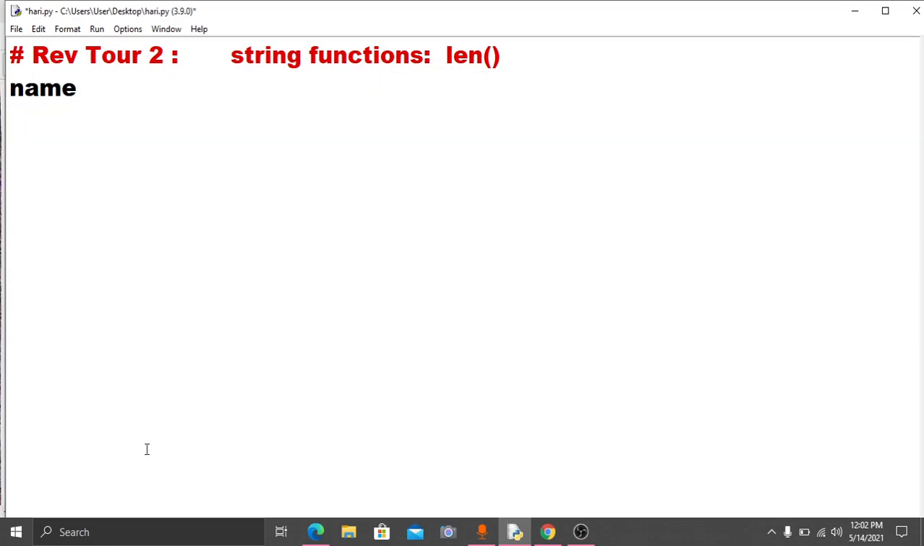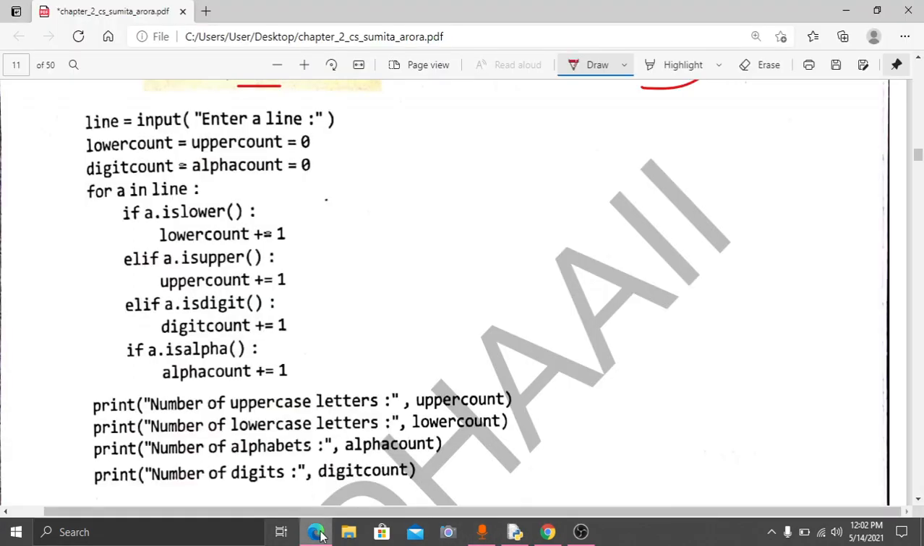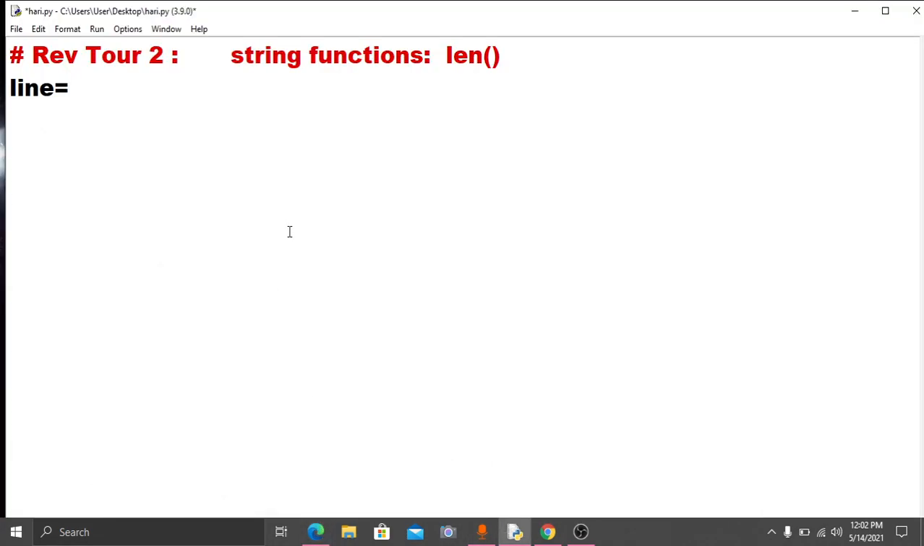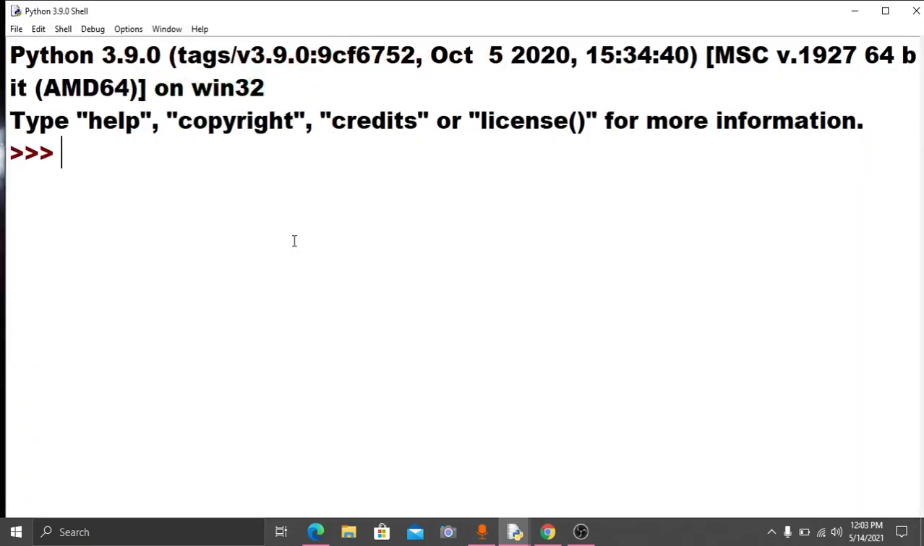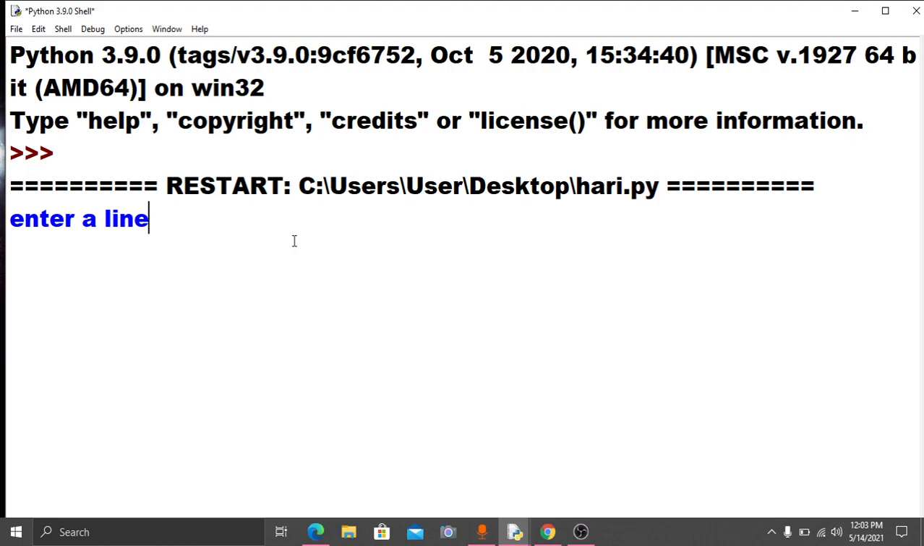Okay, so name, so line is equal to input of enter a line. If we give it like this and run it, you see, it will blink, enter a line. So whatever I give,